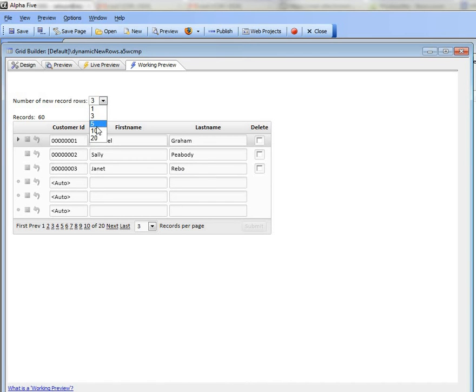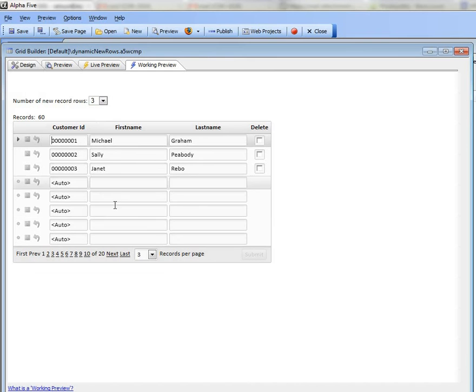So if I go now and I change the number of rows to 5, we do in fact change the number of rows to 5, but this has gone back to 3. And the reason that it's gone back to 3 is that the AJAX response sent back the entire grid portion over here, including the section that's above the new record rows. So had we put this HTML say in the master template, then everything would be working correctly now. But since it's been put in the above grid freeform section, and the above grid freeform section gets refreshed on every callback,